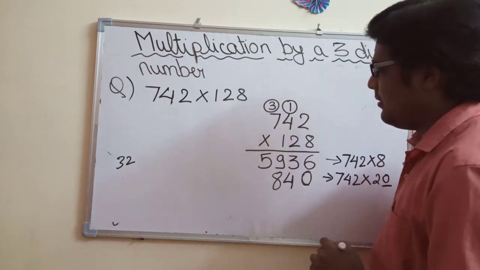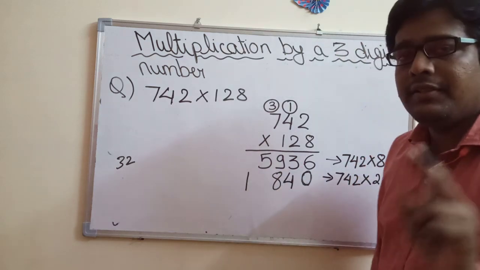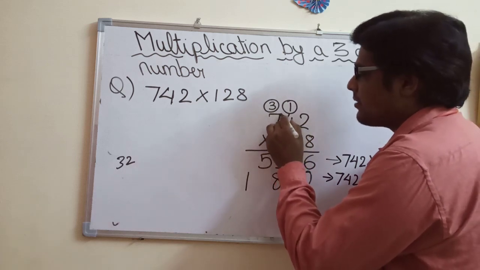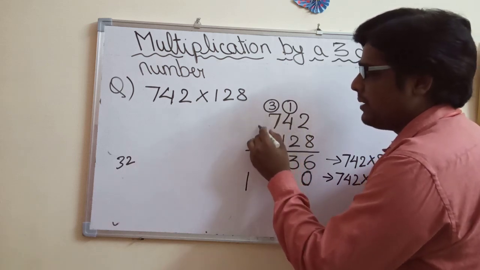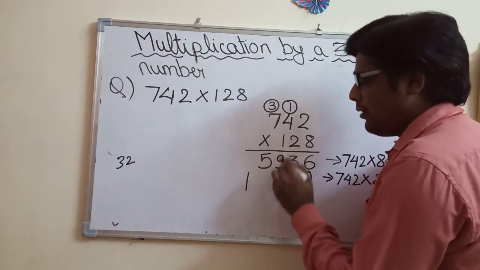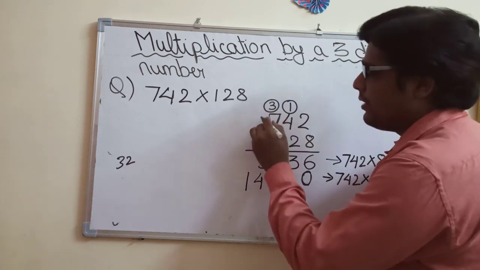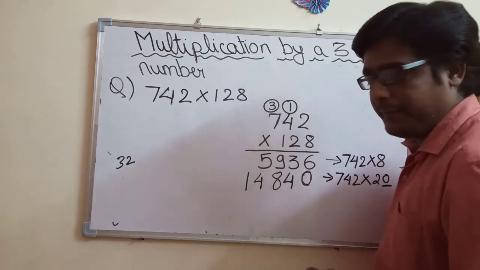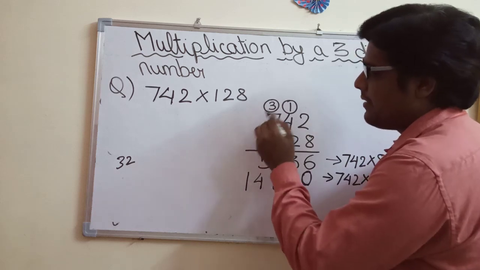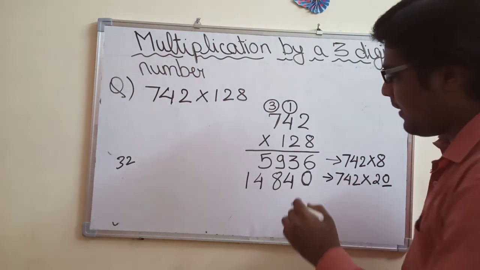2 7s are 14. 14 has 2 digits, but you see that 7 is the last number over here. We don't have any number this side. So when you multiply 2 by 7, you get 14. You have to write 1 also below and 4 also below, because there is no number over here. If there was any number, then we would have carried this 1 over there, but there is no number, so we have to write 14 over here.